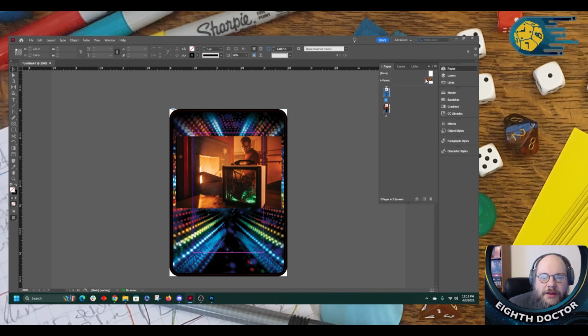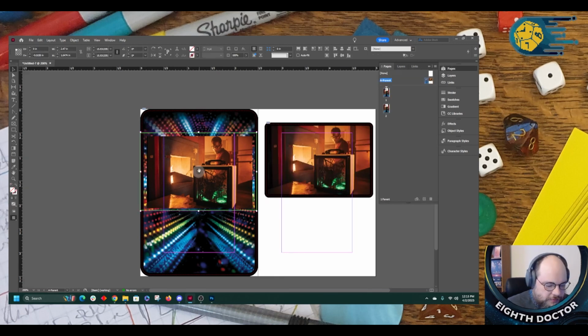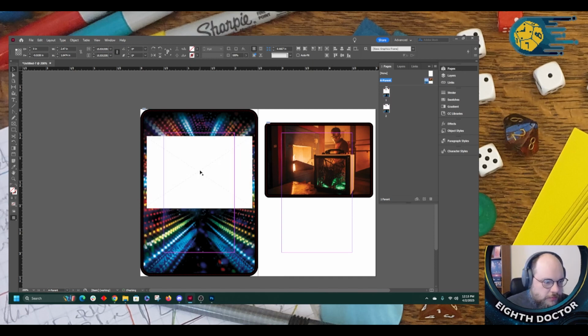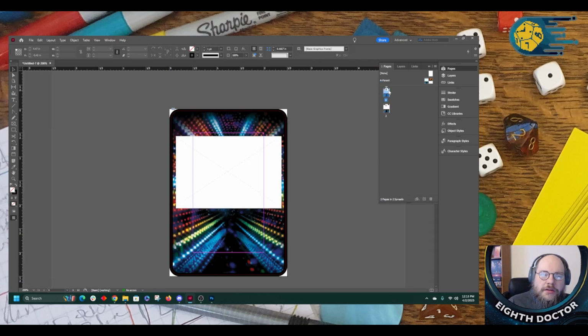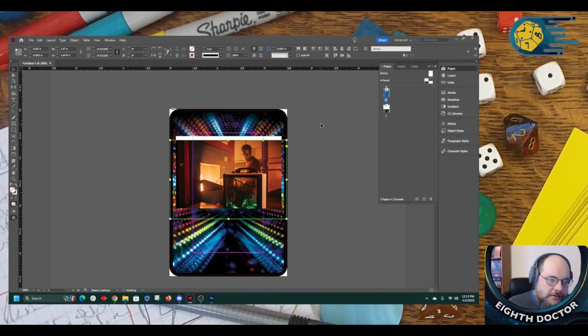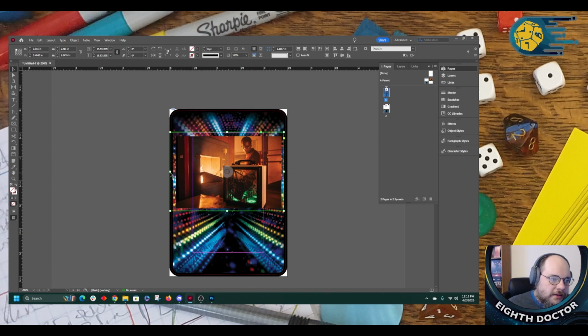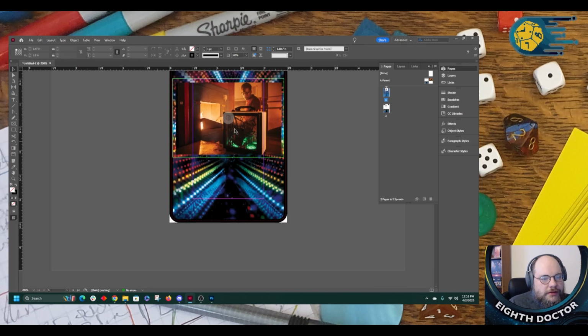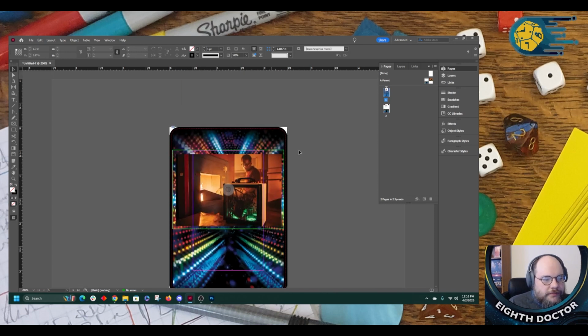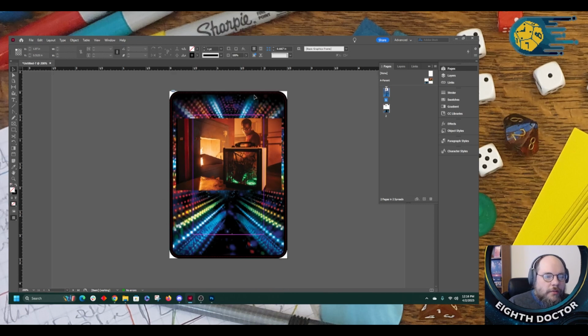But each page will have these layers as well. So if I go to my main page and delete this, boom, that's gone. And I go here and I paste that image on this thing. I can now place any image I want, find where it wants to go, and it will be in that photo layer. And I won't have to worry about sizing or cropping or stuff like that. So if you have an image you want to use for the background, this can work. If you don't have an image,